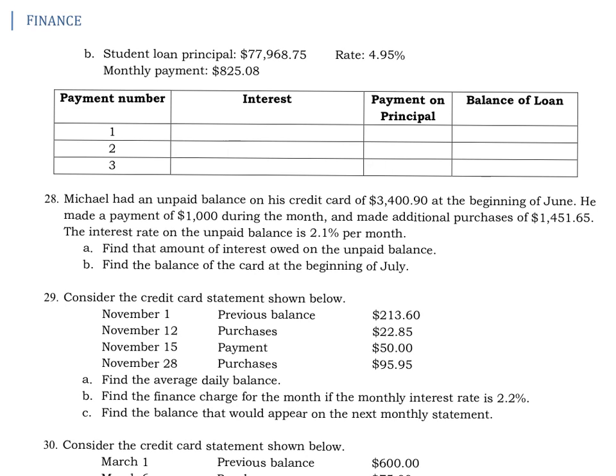Finance Practice Exercises 27B. So this is another amortization table, and we see our student loan principal is $77,968.75 with a rate of 5.95, and the monthly payment is $825.08. And like we said before, if you have the capability in your calculator, you may want to store that monthly payment in there, as you will need to type that amount repeatedly, at least 3 times in this particular